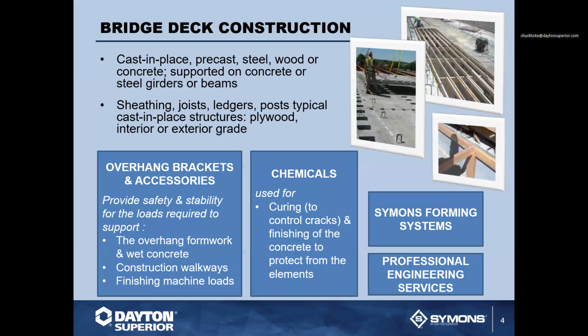With bridge deck construction, you are looking at either a cast in place, a precast, can be steel, wood, or concrete beams supported within the structure here. And when we talk about a precast, steel or wood deck, it can be supported by any of those other, whether it be steel, precast, or wood again, for the beams. So we have to have a variety of different forming accessories available for that. All of the common products that will be used